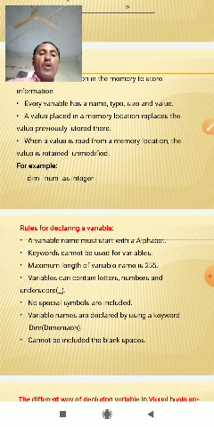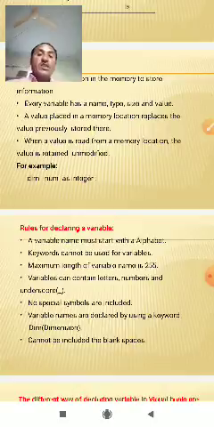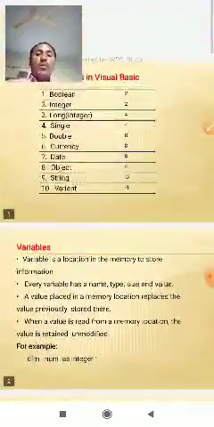Variable names are declared using the keyword Dim, and cannot include blank spaces. This is called a variable.